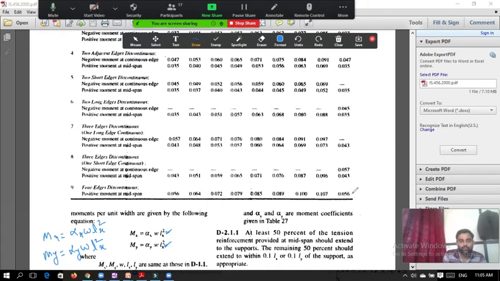So we know our alpha y coefficient. This is our alpha y coefficient. For the alpha x coefficient, we need to interpolate between these two values. This is for 1.3, this is for 1.4, and we want the value for 1.32, because our ly by lx ratio is now 1.32. From this interpolation, we will get the value of alpha. There is no condition given in the problem, so we have assumed this condition.